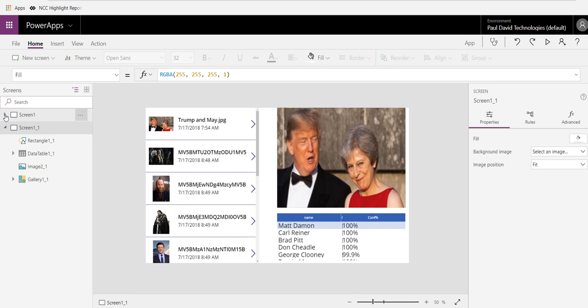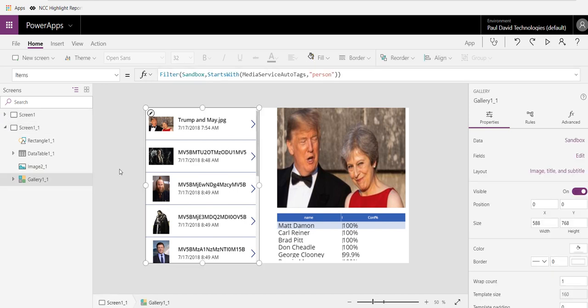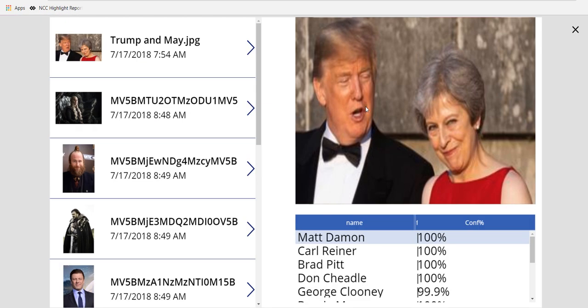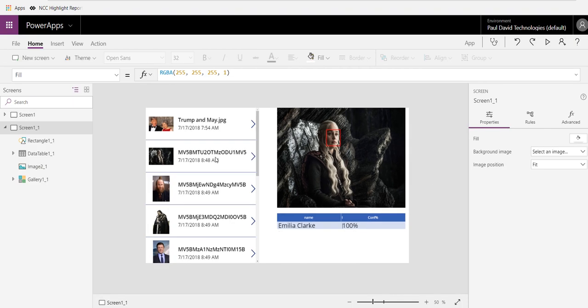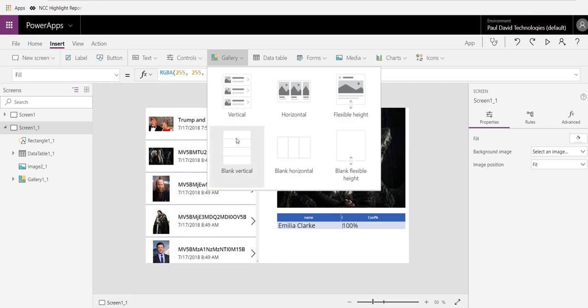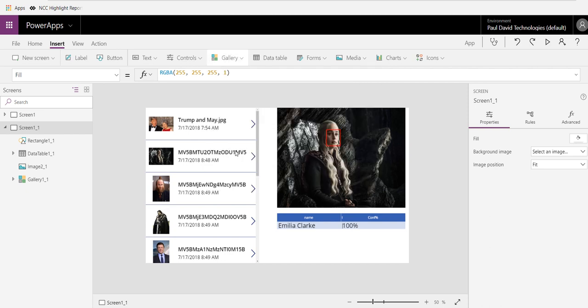and I'll give you the example that works with the multiple faces being highlighted. I really must delete that picture. There we go. Get it onto something more pleasant. Better. Okay, so what we're going to do this time then is we are going to modify things a little bit. So I still want that rectangle, but what I'm going to do, this is quite sneaky, I am going to insert a gallery. Now, this has to be a normal gallery, not a flexible height gallery. So I'm going to put in a gallery